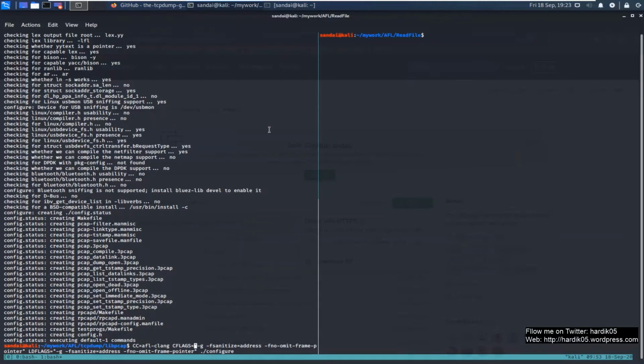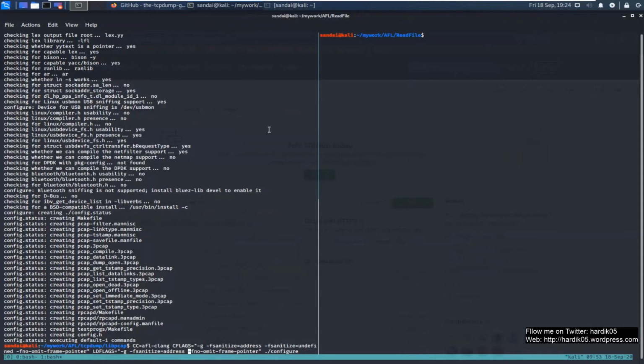So we have changed our compiler to afl-clang. We have given CFLAGS as -g. So -g will actually help us with debugging symbols and all. It will make debugging easier. Then we are giving -fsanitize=address, and let's add one more flag, that is undefined behavior. So -fsanitize=undefined. What it does is it checks for undefined behavior, that is called UBSan, and it will detect a lot of undefined behavior like integer overflow, etc. So I have given it over there.